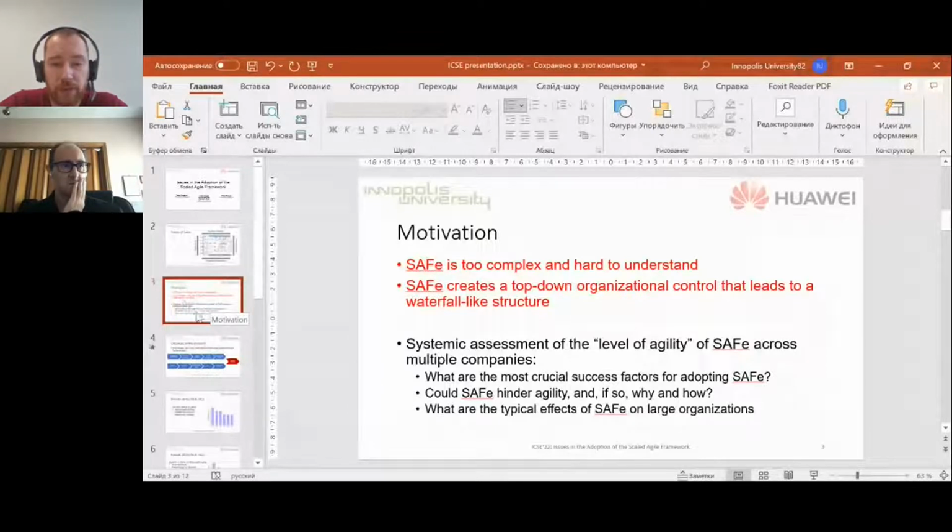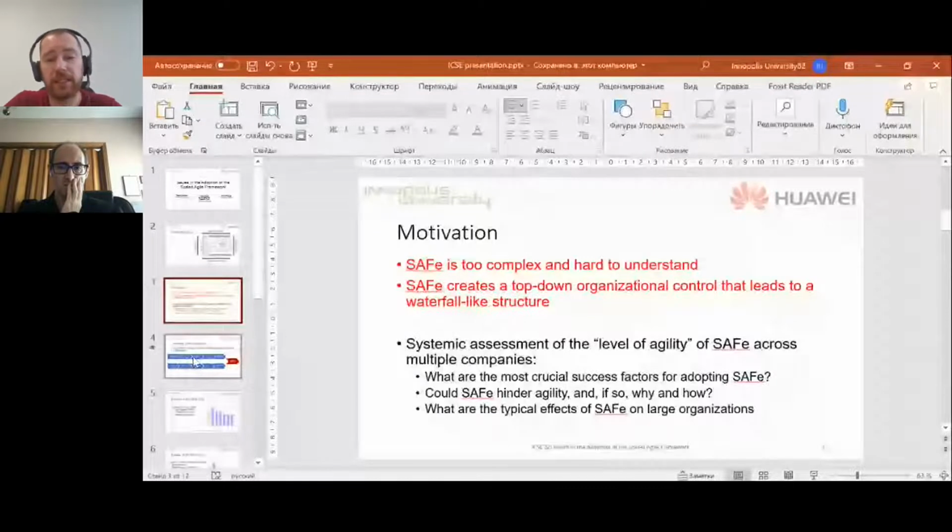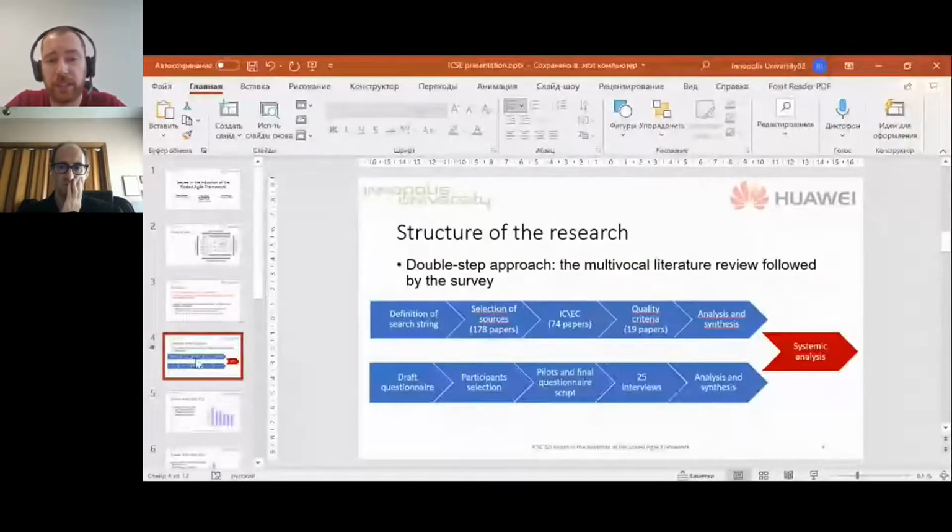And we tried to answer 3 research questions in our survey. First question: what are the crucial factors of success for adopting the SAFe framework? Could SAFe hinder agility, in fact? And what are typical effects of SAFe? Our research had two steps.